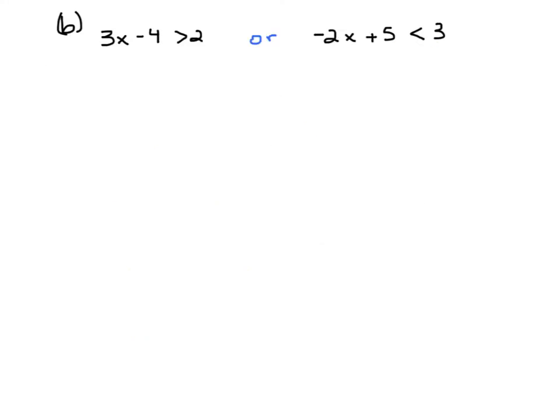In example B, we have 3x minus 4 is greater than 2, or negative 2x plus 5 is less than 3. So again, we'll solve each one separately. So we get x is greater than 2, or